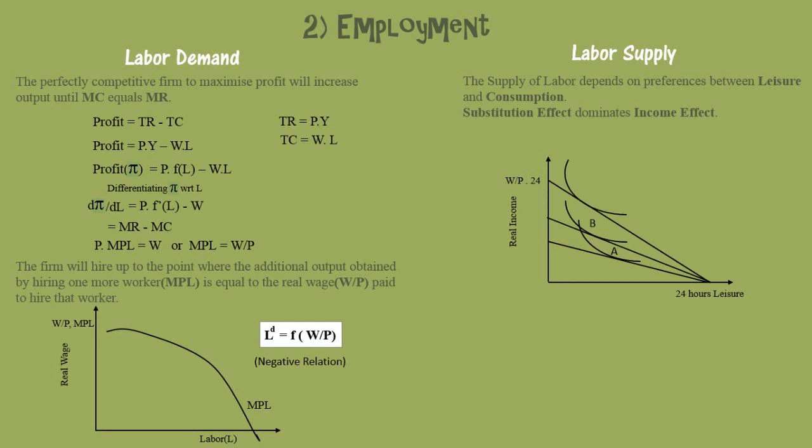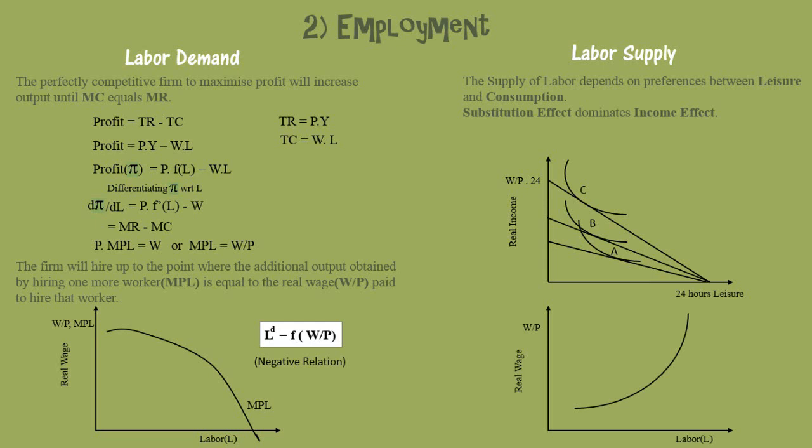Now, what is this substitution effect and what is this income effect? Substitution effect means that if my real wage has increased, then I'll substitute my leisure for work. That is, I'll work more and consume less leisure. But according to the income effect, if my real wage has gone up, that means my income has increased, so now it is time to enjoy more leisure. As long as the substitution effect is greater than the income effect, I'll supply more labor given my real wage. So if my real wage is increasing, my labor supply will be increasing.